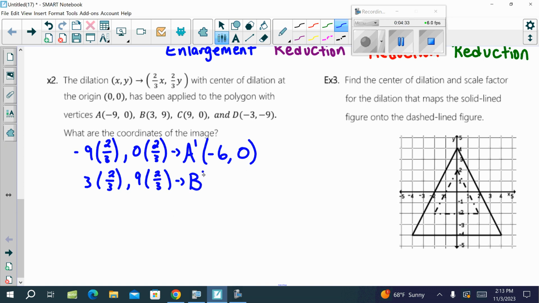So where would B prime be? What would 3 times 2/3 be? 2. And what's 9 times 2/3? 6. Any questions there? Okay, C prime. You don't need the work, you can just do it in your head. What's 9 times 2/3? We've already done it. 6. And then what's 0 times 2/3? 0. And then D prime,